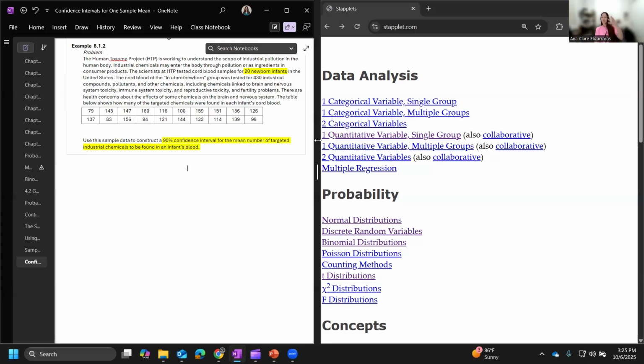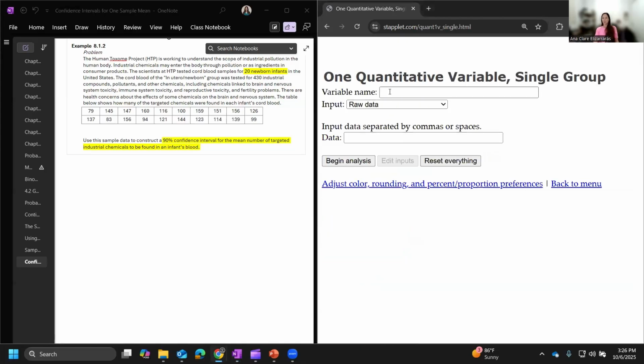So what we need to do is head on over to Statlet, and we need to determine where we are going to calculate this. T distributions is for calculating the probability, and it's for calculating the t value. But if we just want to create the interval, we go to one quantitative variable, single group. And this is